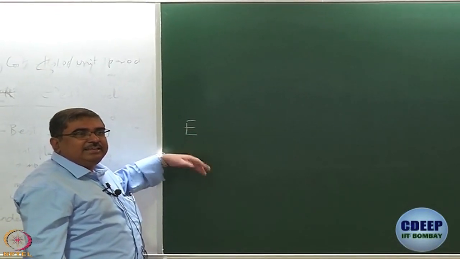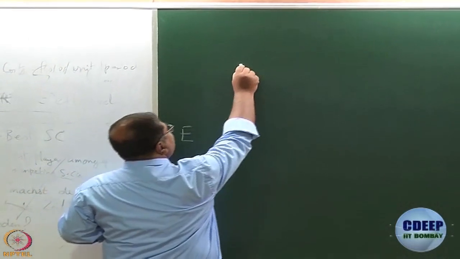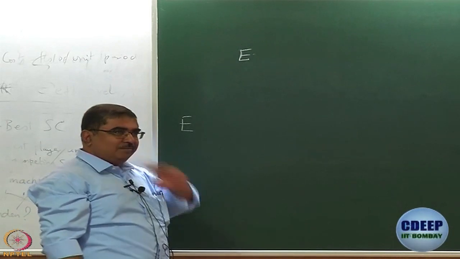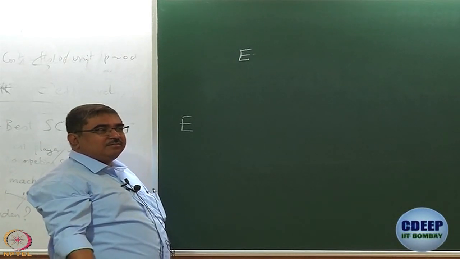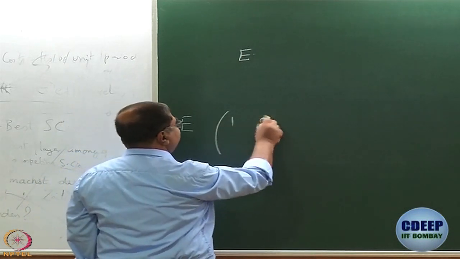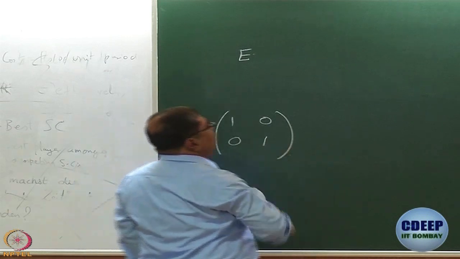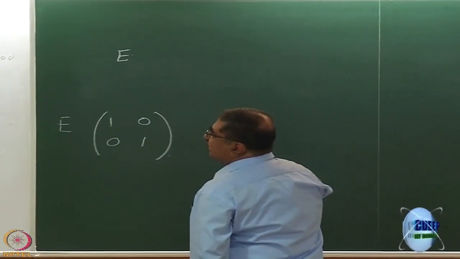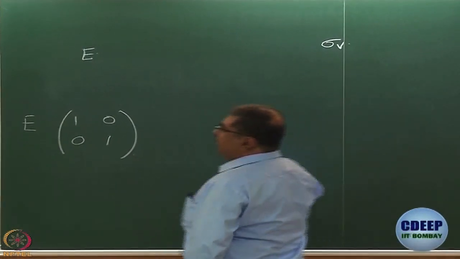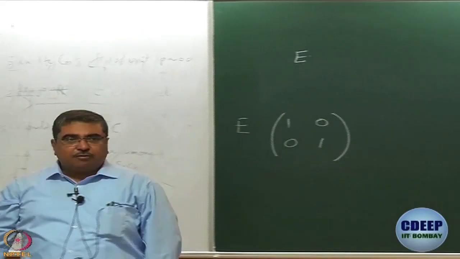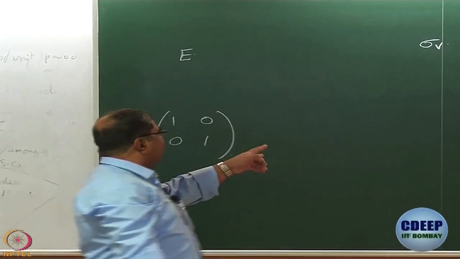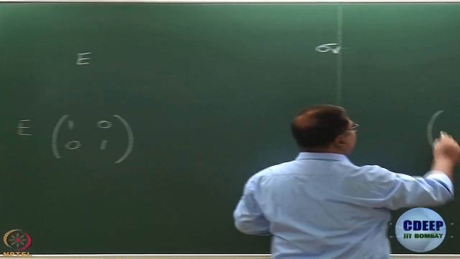E as in E irreducible representation, what is the transformation matrix for the identity operation E? Yeah, 1 0 0 1, that is very simple. What is it for, okay, let us do sigma V first. What will it be for sigma V? Of course, I can take sigma V anywhere, right, and what is the basis we are using? We are using the basis xy.